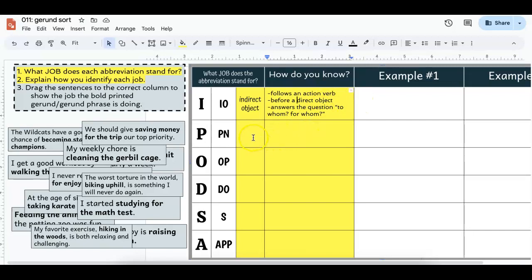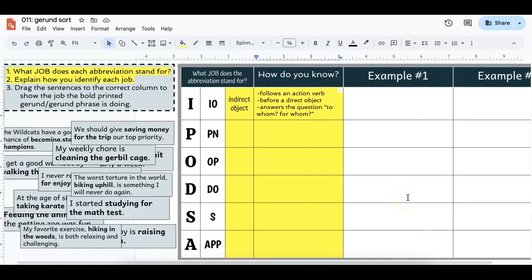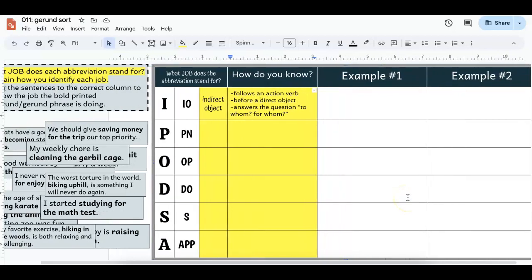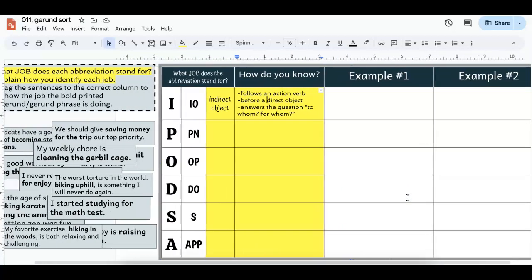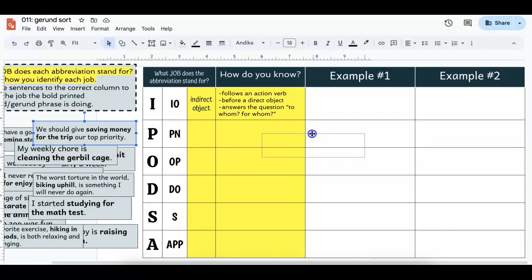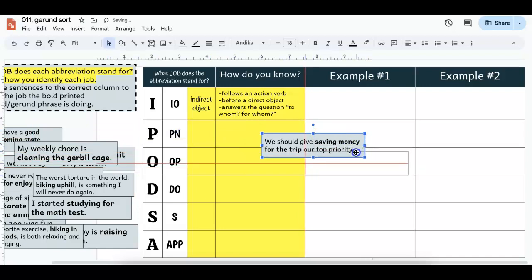So you're going to go through and do that for each of these examples. And then over here, I've given you a bunch of sentences, and there should be 2, 4, 6, there should be 12 sentences, 2 for each. And I would suggest using some highlighting and labeling to see if it helps you with identifying them. So I'm going to drag this one over here just so that I can see it by itself, and let's